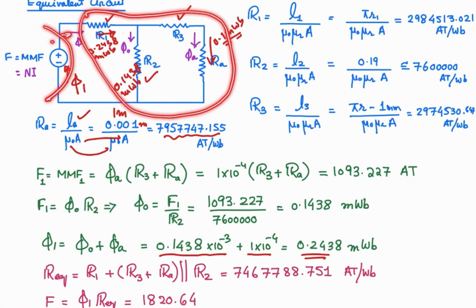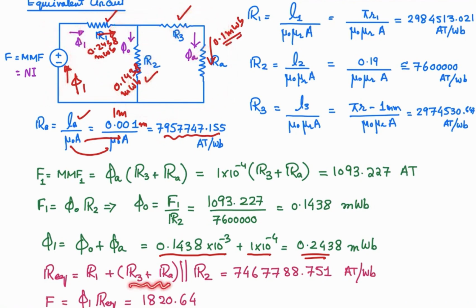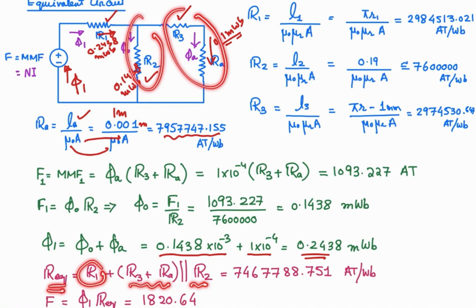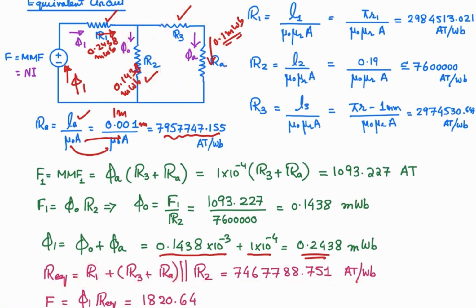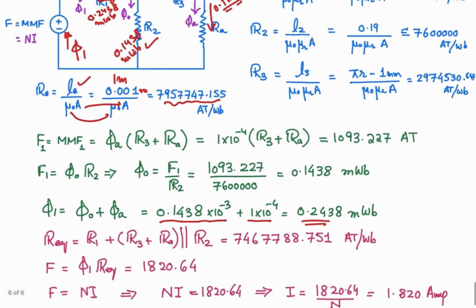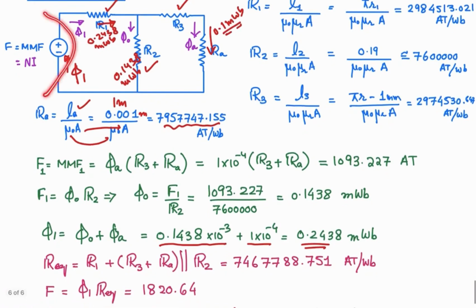And how to find out net reluctance? These two are in series, and then that is in parallel with this R2, and then that net combination in series with this. So R3 plus RA in series, they are in parallel with R2, this one, and then in series with R1. So you will get R equivalent. So you know the values of all of these, so you can work out this value, and that will be this much ampere turn per Weber. So now from here, you know about this total MMF, you know about the total reluctance, so you can work out